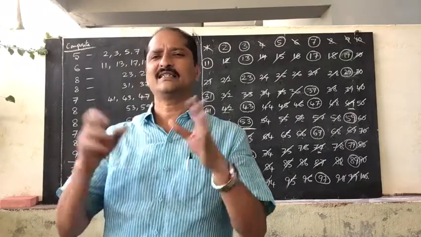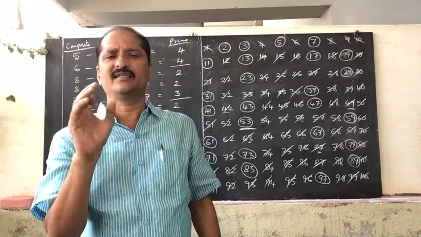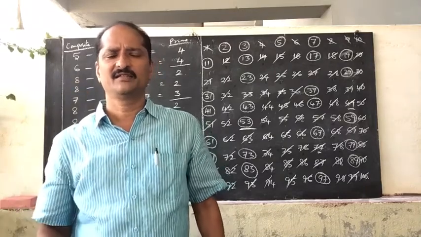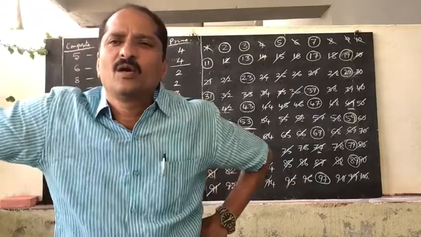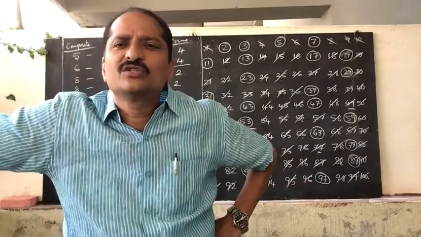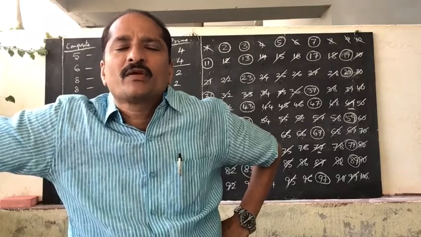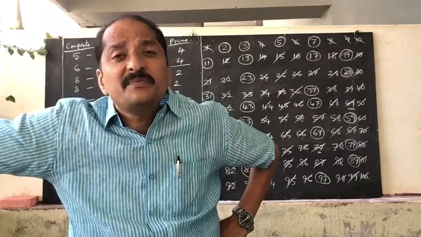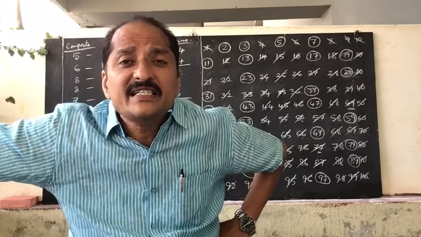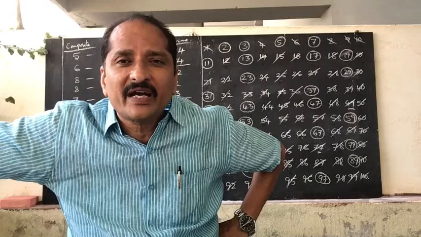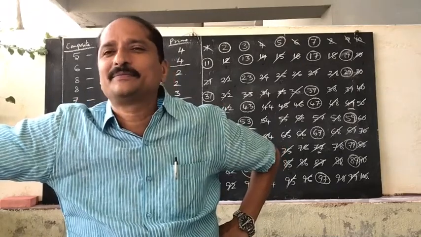So like that, by observing up to 9 or 10 it is enough. So stop there. More than that you will not get. So 23 does not have more than 2 factors. So 23 is a prime number. Which prime number is that? 23 is the greatest prime less than 25. That is the greatest prime among those less than 25.